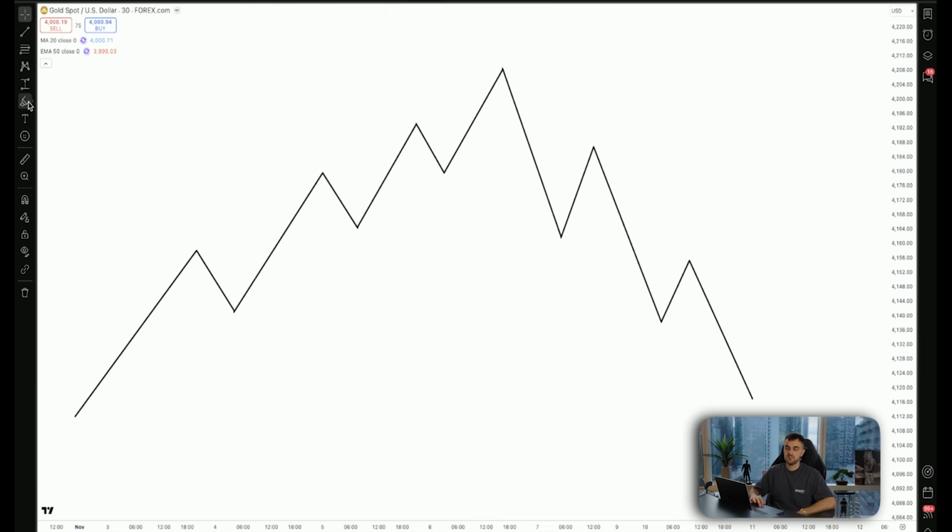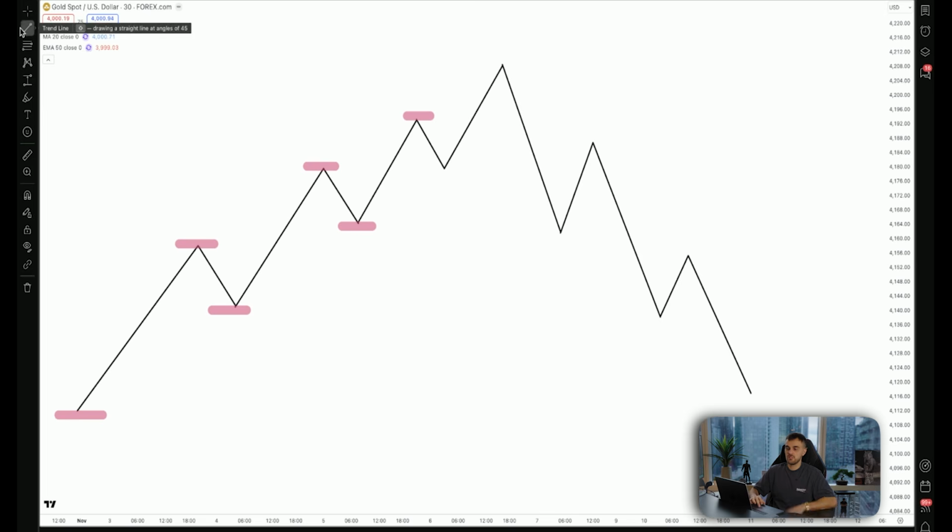Market structure looks something like this when we're talking about uptrends or downtrends. The market is making higher lows, higher highs, higher lows, higher highs. At some point, the trend will bend and it will reverse itself. This is when everything shifts, and that usually happens when the market makes a lower low in price. For example, if we're in an uptrend and we have a low that prints a higher high, but from there the market fails and prints a lower low, this is usually a shift in the trend, and the market structure will start trading in the other direction.